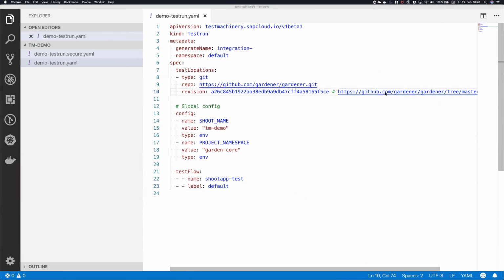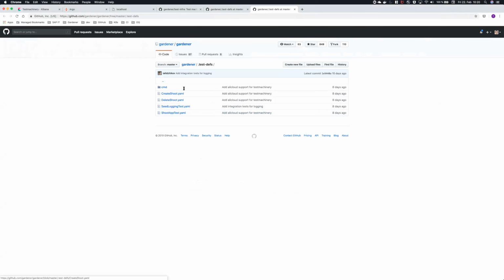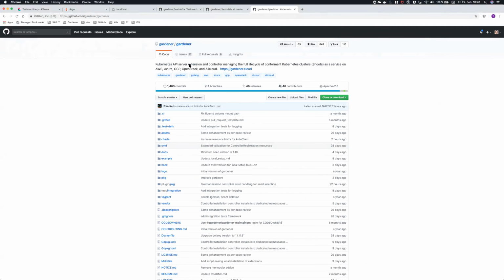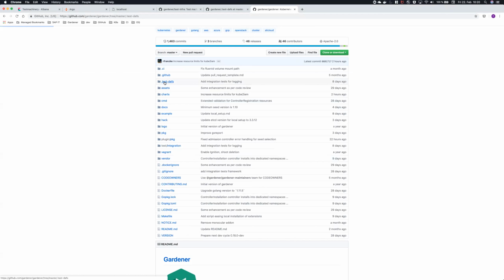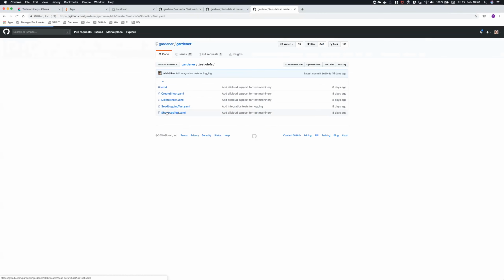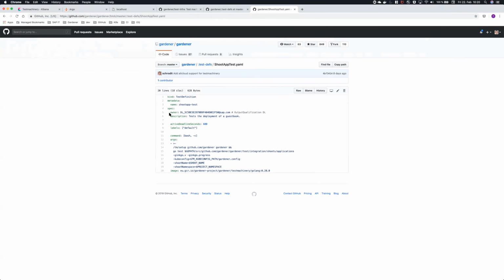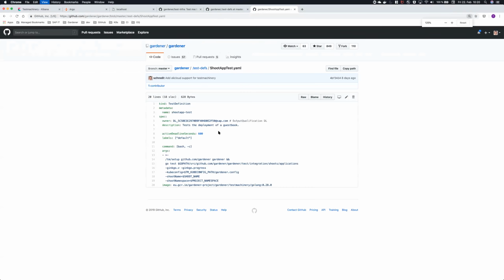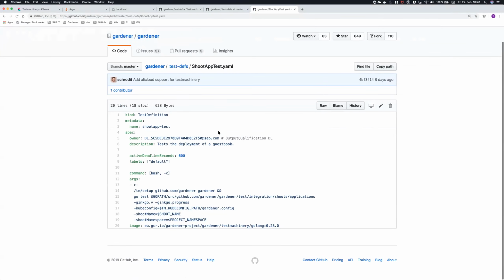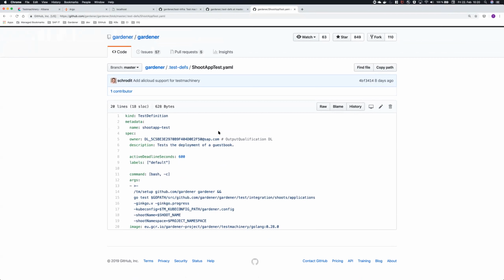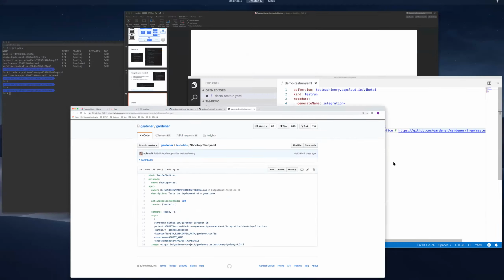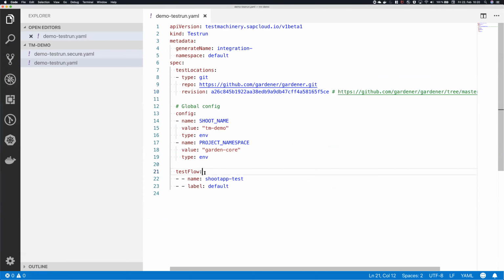So now I jump to our Gardener repository. There we have our Gardener repository, and we go to test definitions. We can see there our shoot app test. And we can increase the size a bit. So this is a real example that is run currently in our pipelines to test basic behavior of our Kubernetes clusters. So yeah, if I jump back, and now we want to execute this,